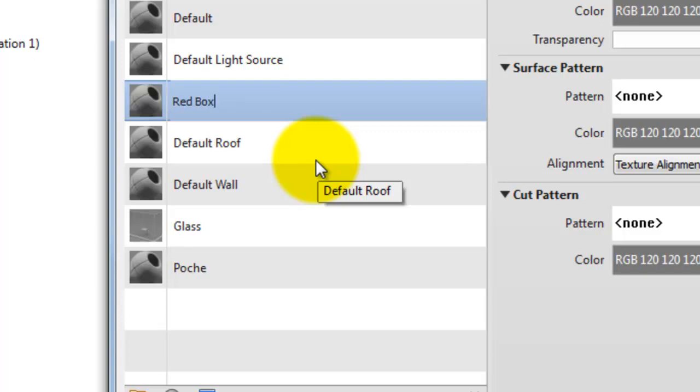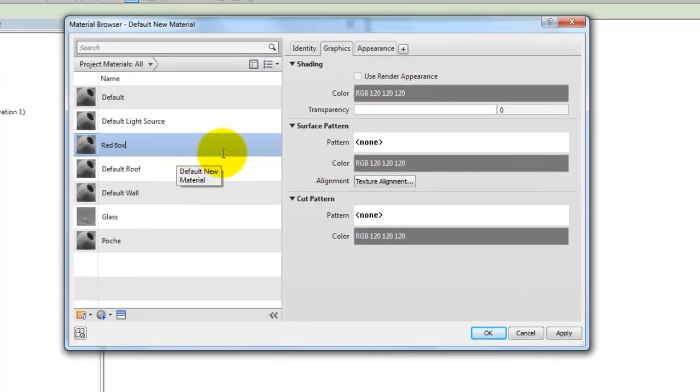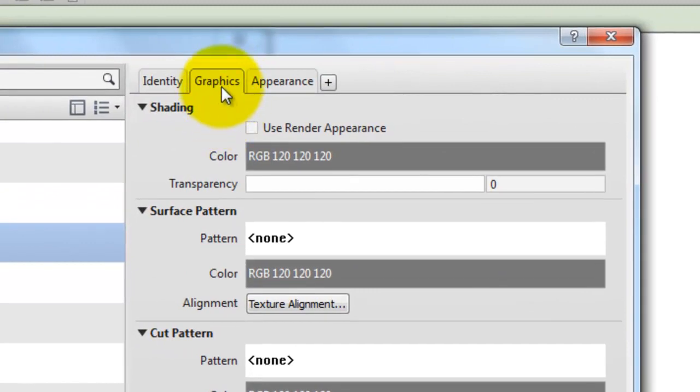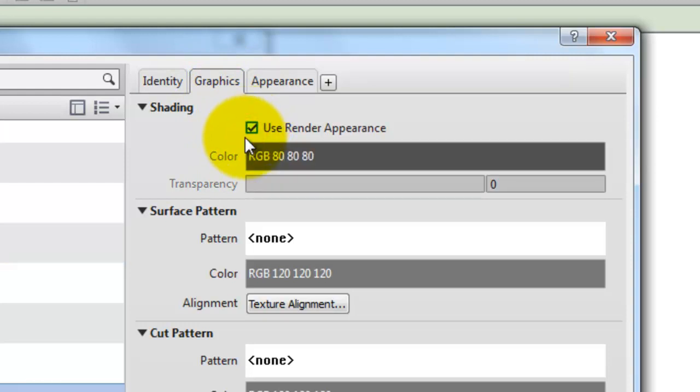Yep. So with it still highlighted, we'll go over to the right hand side, and over here we've got three tabs: Identity, Graphics and Appearance. The Graphics tab is active, and just here where it says Use Render Appearance, we'll tick that little box, Use Render Appearance, and the RGB color doesn't look very red to me, so we'll click on the Appearance tab and